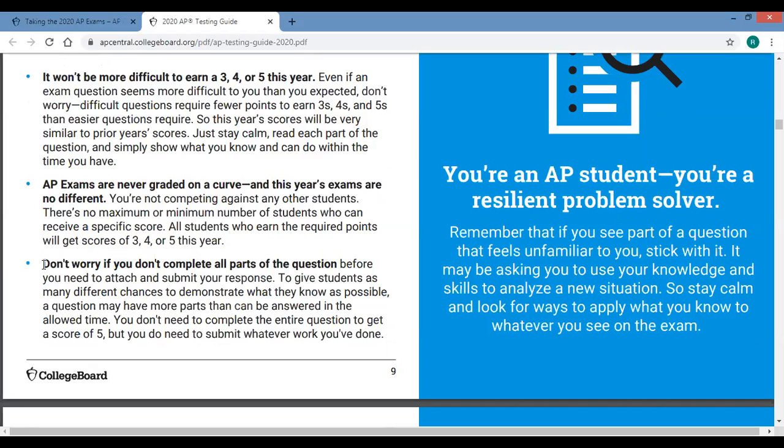Here is something very important. Don't worry if you don't complete all parts of the question before you need to attach your response and send it. To give students as many different chances to demonstrate what they know as possible, a question may have more parts than can be answered in the allowed time. So you may have a question that you can't answer all of, and that's okay, because you don't need to complete the entire question to get a score of a 5, but you need to submit your